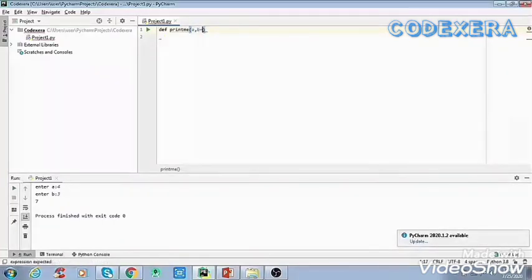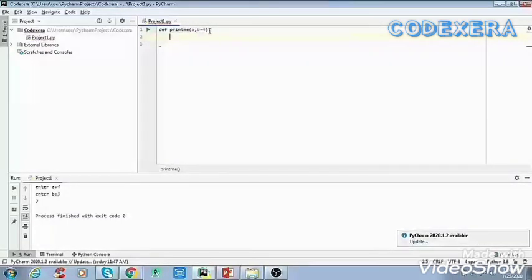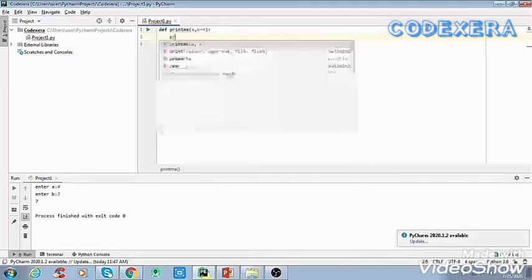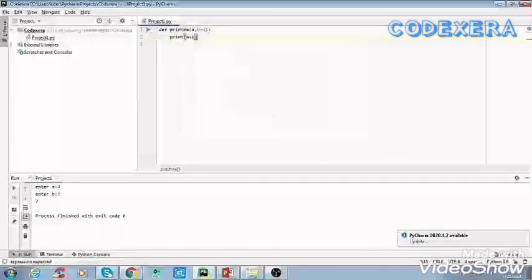Suppose we are defining a function print me, and inside that we'll give a parameter a and b is equal to 4. So here, in the parameter section, we have already defined the value of b, that is equal to 4. That is known as a default argument or default parameter. And after that, we'll print a plus b.